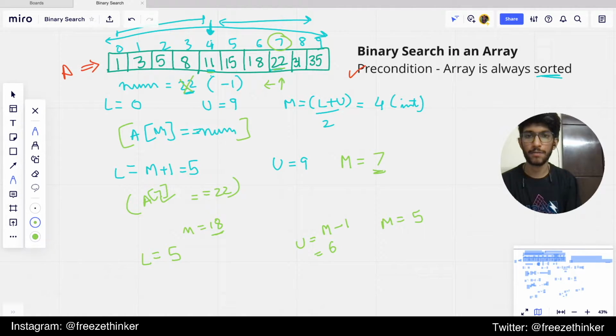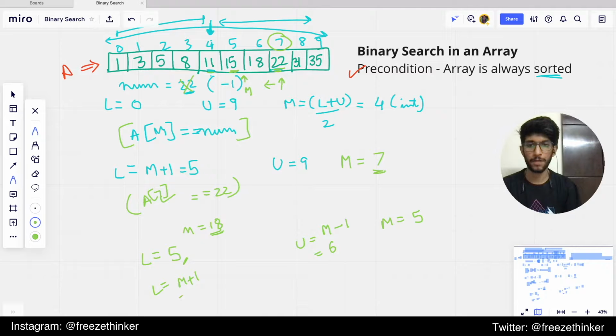Now we do the math again. Our mid is at 15. Is 15 the right fit for 18? It is not; it's unequal. But is it lesser or greater? It is lesser. If it is lesser, we push the lower boundary, so lower becomes mid plus 1. Mid here was 5, so lower becomes 6.